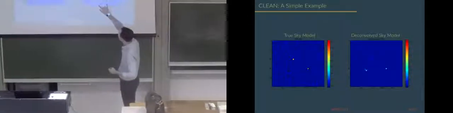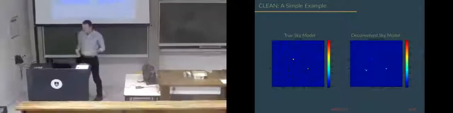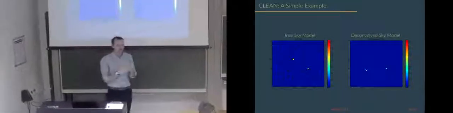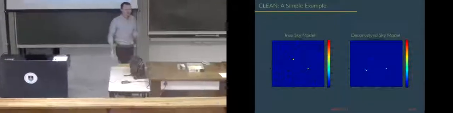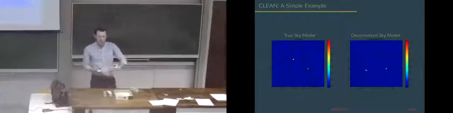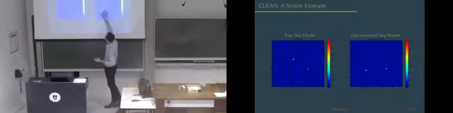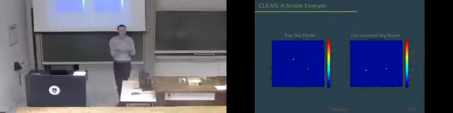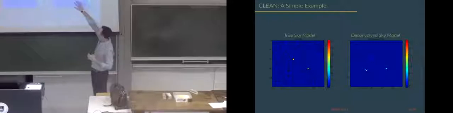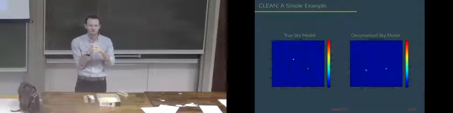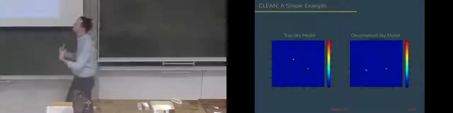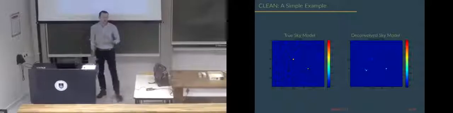We still clearly have some points, and given this sky model, you can group together the points, and that's called source finding. Once you've done deconvolution, you produce some sky model of components. You then take that sky model and use a few programs that say, this is a point, this is a few points, let's group them together and say they're all part of the same point. Same with the source at the very top, spread out. You can group them all together and say they're all part of the same source, and you can recover something more akin to the true sky model using source finding.